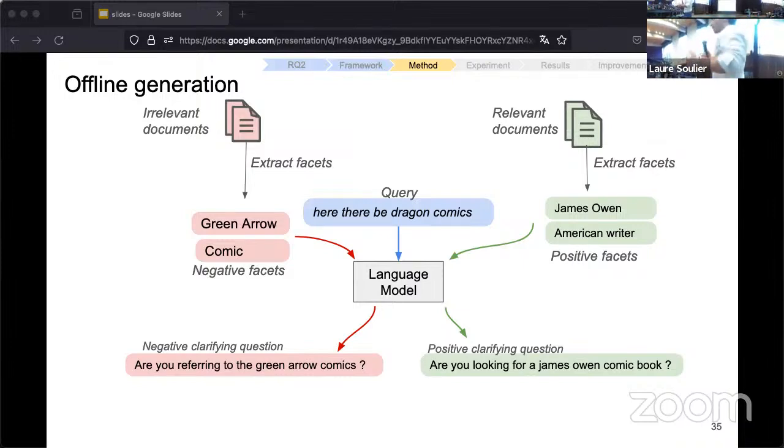So it's not the case for very long documents, because long documents can be around a single topic but can have multiple facets in the same document. So the keyword extraction would extract keywords from many different facets. But in this experiment, we were dealing with very small passages, so it was more likely to contain a single query facet.